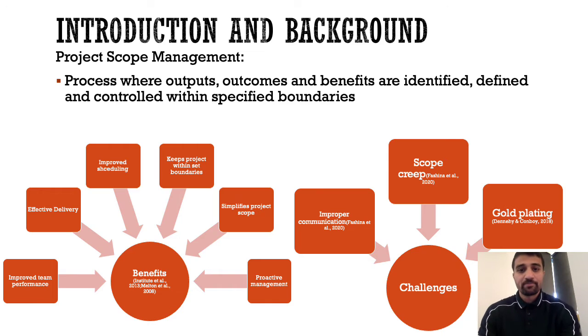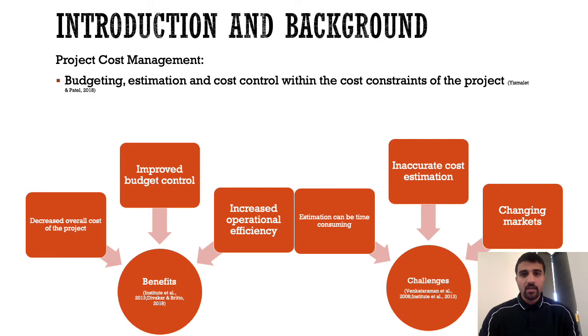For the challenges, improper communication, scope creep, and goal plating are the major challenges that are caused in project scope management by the project managers. The second one would be project cost management. This is a process where project managers devise different ways to budget, estimate, and control the cost within the cost constraints of the project. The benefits of cost management can be decreased overall cost of the project, improved budget